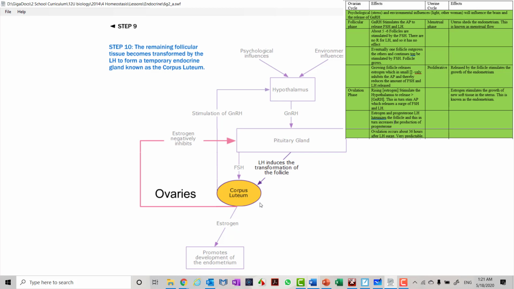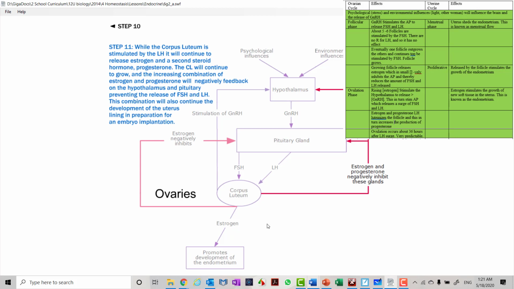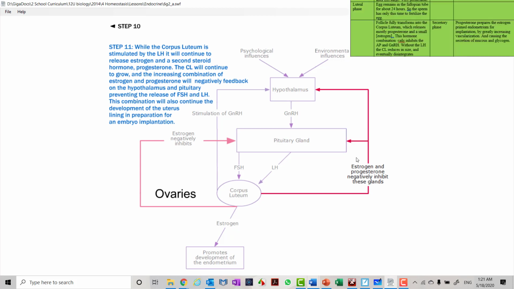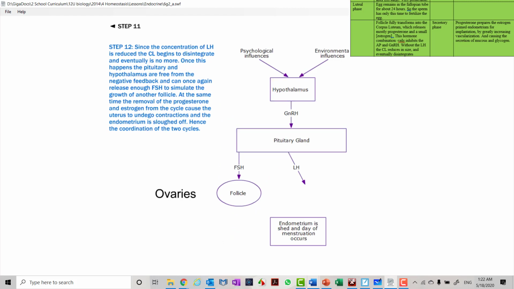The corpus luteum is going to release a combination of estrogen and progesterone. And this combination will negatively inhibit the pituitary and the hypothalamus, so they no longer release as much GnRH or the other gonad hormones from the pituitary gland. This reduction will cause the,